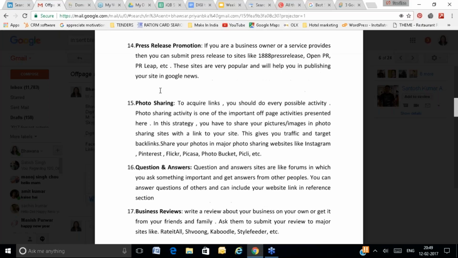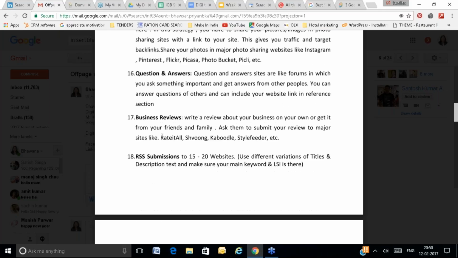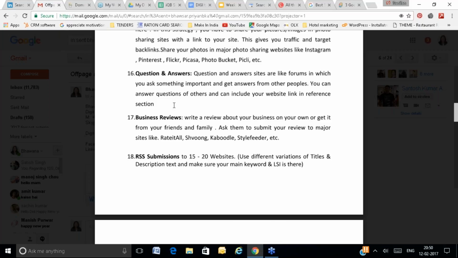In the same way, you can do photo sharing. There are so many photo sharing websites where you can share your photos and pictures. Along with that, you can also share the website link. There are so many question answer websites, for example Quora, Yahoo Answers, Wiki Answers, Answers.com. These are the different places where people are doing discussion in the form of question and answer.